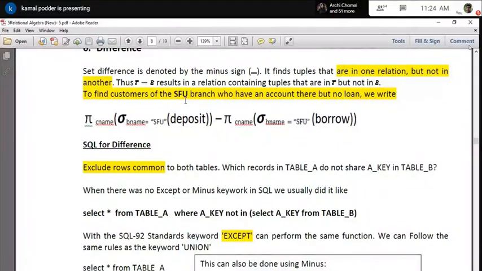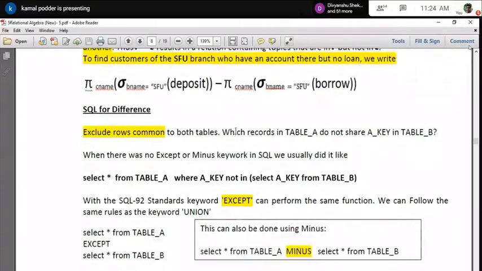If you really want to find it out, I try to find out the customer name who has the loan account. And then I find out the customer name who has the depositor account, then negate it, just take the difference, and automatically I will get only the customers who have the deposit account, because some of the depositor customers might have a borrower account also. So if you negate this, taking the difference, then automatically you will get the customers who have no borrower account.